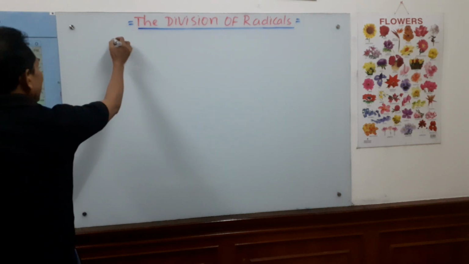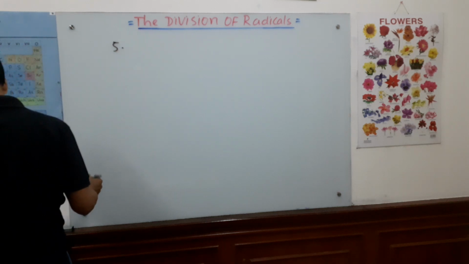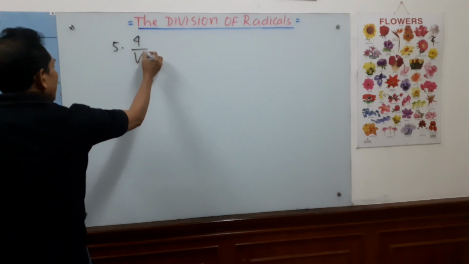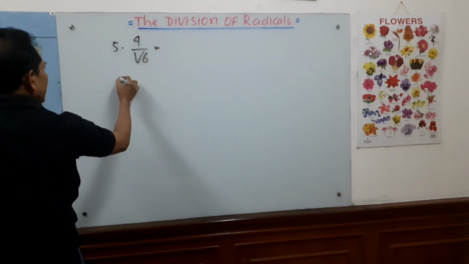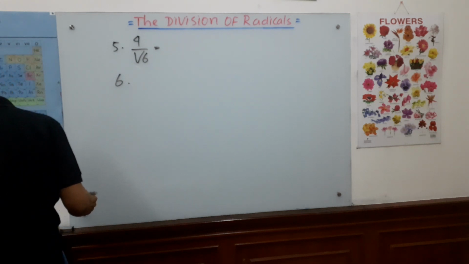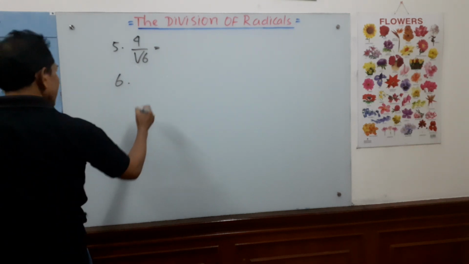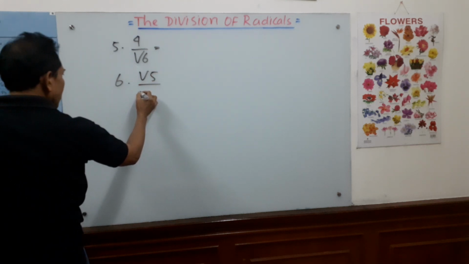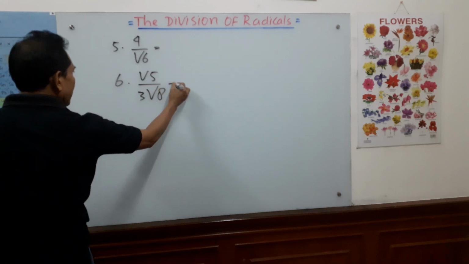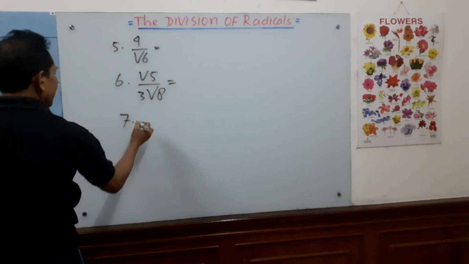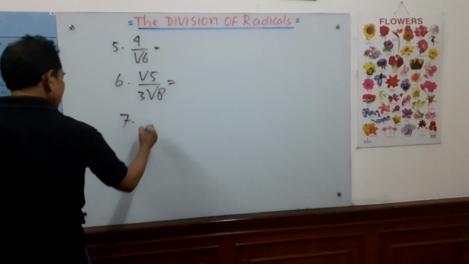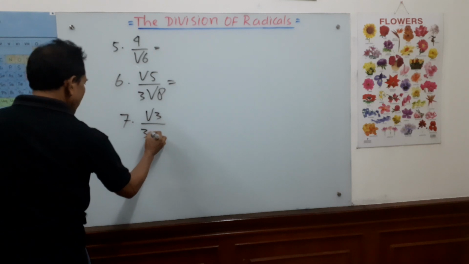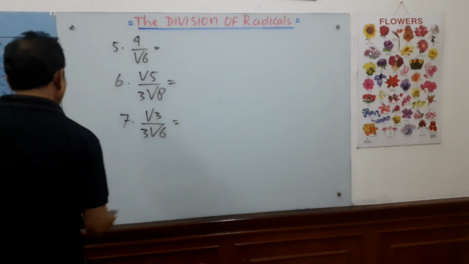Okay, so we put number 5 here. Number 5, 4 over square root 6. We have number 6 here, square root 5 over 3 square root 8. Then number 7, we have square root 3 over 3 square root 6. Alright,